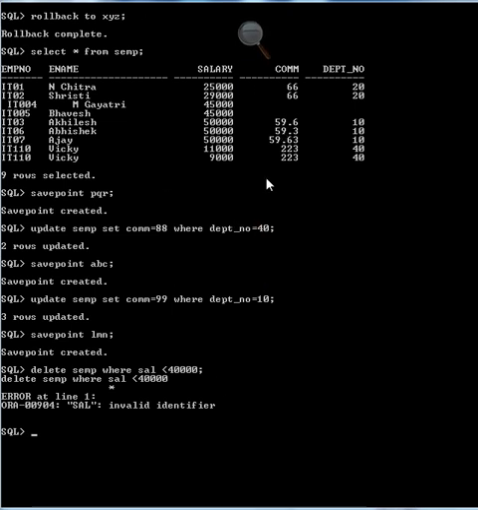Actually this is the salary column, the name is not sal, it is salary. Delete from ACMP where salary is less than 40,000. 4 rows deleted.